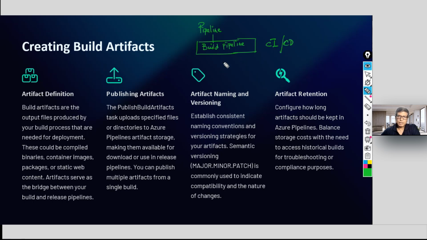CD is delivery. But now you have to deploy it. Another CD, but this CD is deploy. This is delivery. You have to deliver it to your test server. Now you have to deploy it to your test server. So this is deploy. So you have built it. Now you have also packaged it. But now you have to release it. So there should be a release pipeline. A release pipeline comes into the picture.